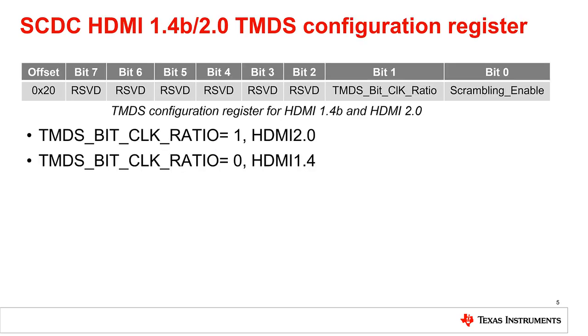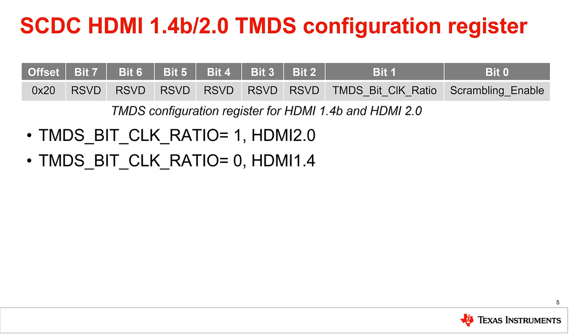A video sync that supports HDMI 2.0 needs to provide a read-write control bit that is accessible by the video source through the SCDC. This bit is called TMDS bit clock ratio and will control the HDMI mode of operation.